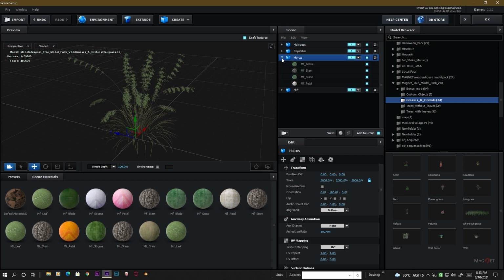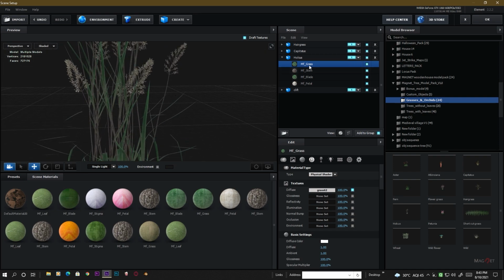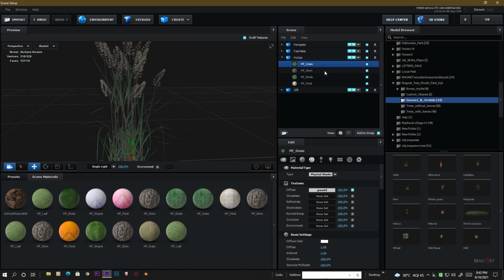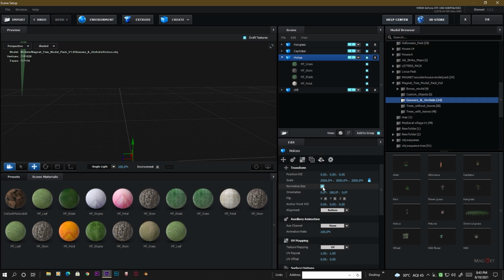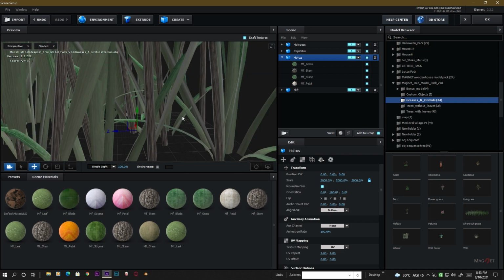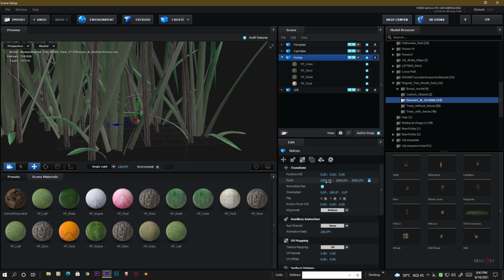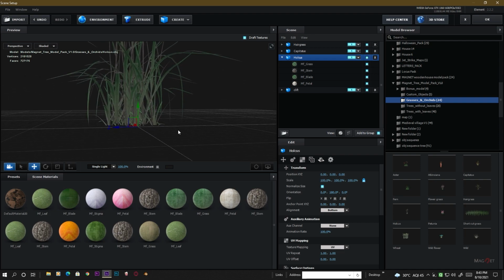First we make some changes to its material. Okay, the default material looks something like this. First check what the scale is here, the normalized scale. Now you can see these are so huge because the scale is set to 2000. So first we reset the scale value and make it 100 here,